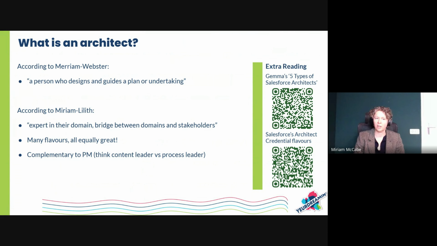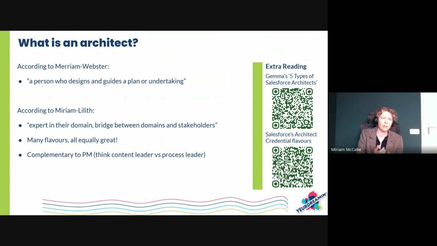Yes, thank you, Lilith. According to Merriam-Webster, an architect is also complementary to a project manager, right? So when you think about planning and the word planning, you might think, isn't that the realm of a project or a program manager, right? But a takeaway from this slide and this short section is that there are many leaders on any given engagement, and there's a need for many different types of leaders. So where a project manager is going to be looking at the schedule, maybe at the milestones, and do communication on a higher level, an architect is actually going to lead the team to getting a lot of these activities to the done state, right?